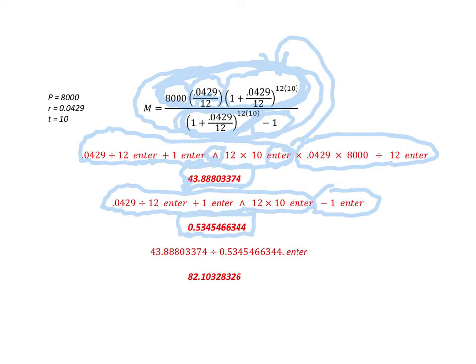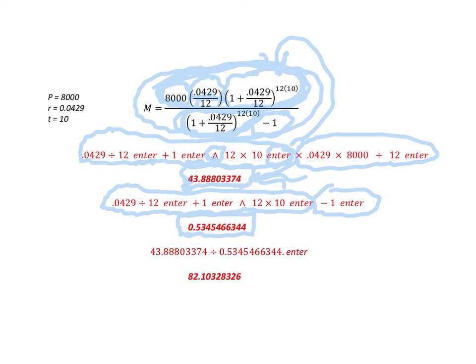Now to get our final answer, we've figured out what the numerator is, we've figured out what the denominator is. So now we just have to take the numerator and divide it by the denominator. So again, you're going to use on your calculator the numerator number divided by the denominator number, enter. Ignore that little dot right there, okay? That's a typo there. So it's this number here,